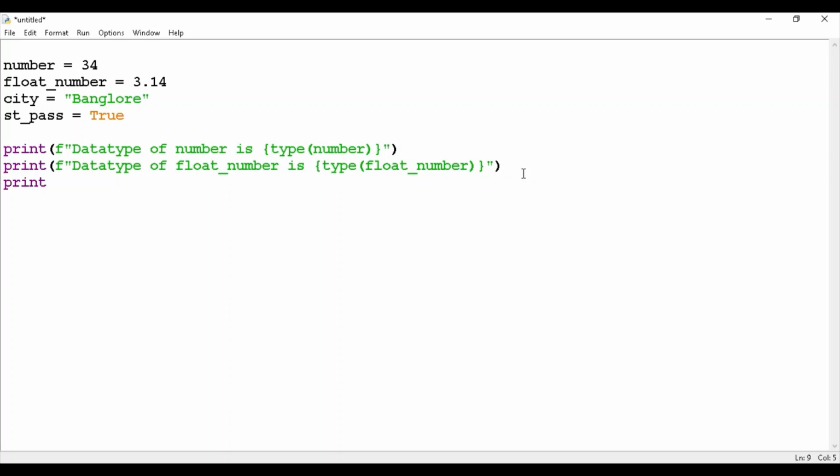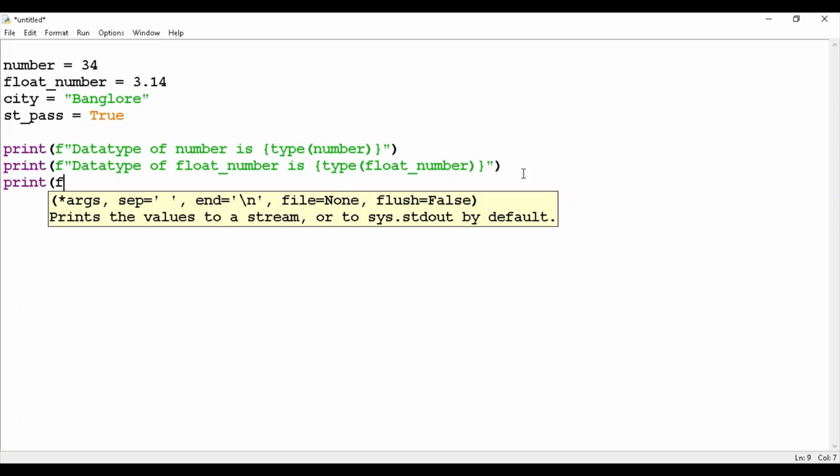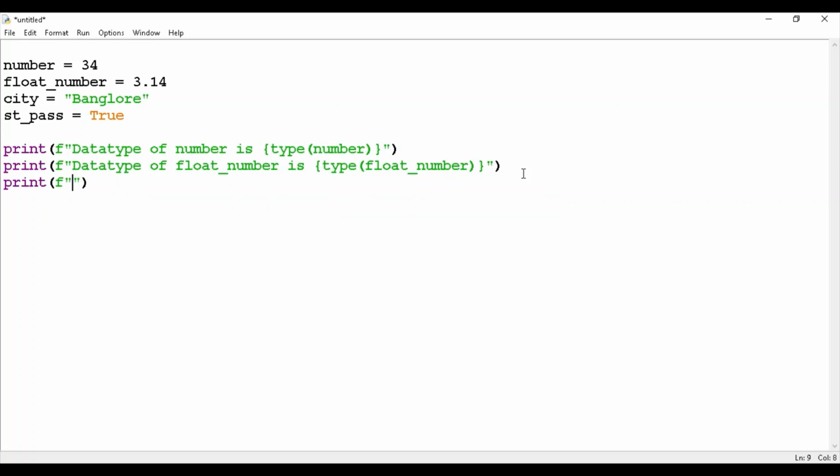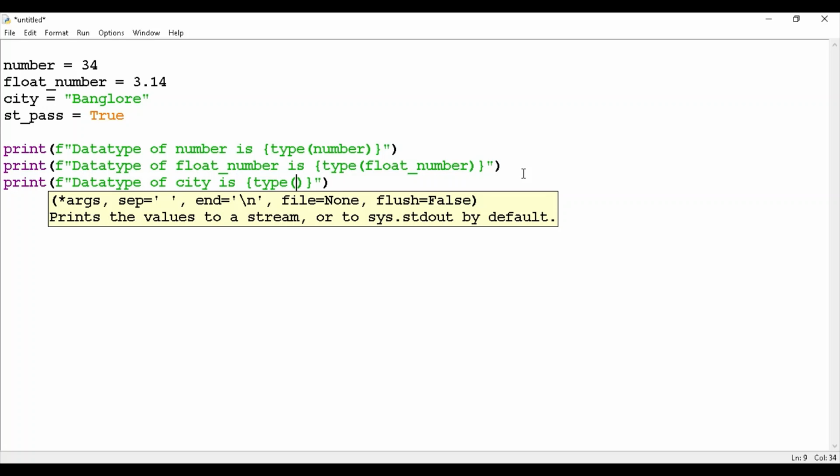Then print data type of city is type city.